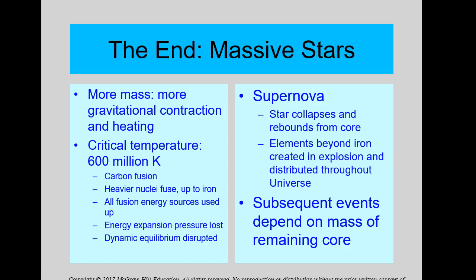Okay. Now, that being said, if there's more mass, then you get more gravitational contraction. You get things compressing more as the energy from the fusion starts to drop out. As you get up into that carbon level, you're not generating as much energy from fusion, so the star starts to collapse and collapse even more. Now, if there's enough mass, the star can continue to fuse atoms. What that means is it'll go from carbon and fuse to